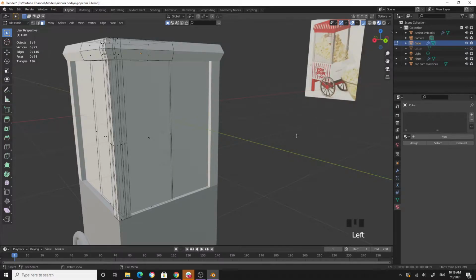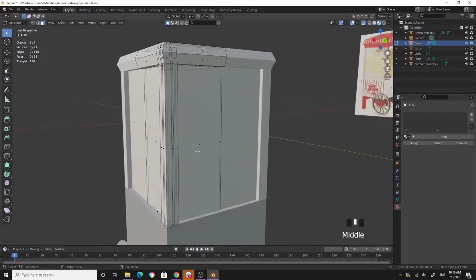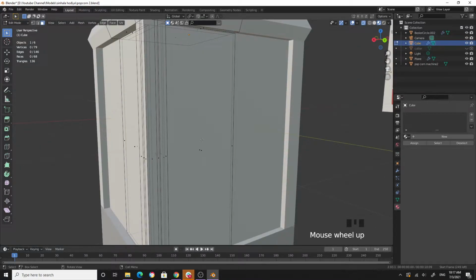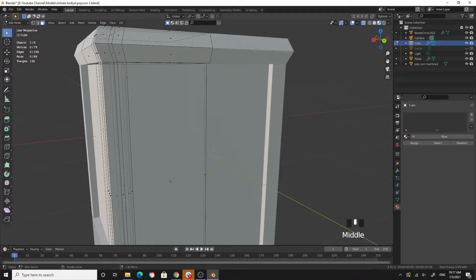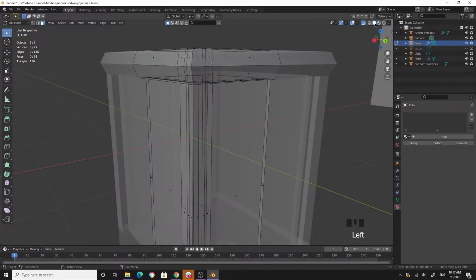Okay, now if you look closely, you can see there are two glasses. If you built the machine the same way that I did, you should end up with double walls in the big glass, right? So I just want to clean that up a little bit. You can only see that if you are in X-ray mode. If you are not in X-ray mode, you must be in material preview or this preview